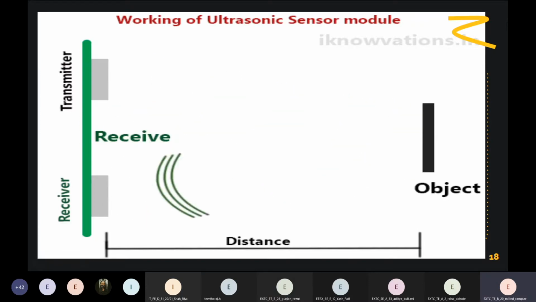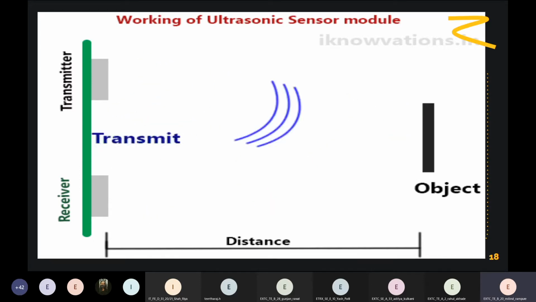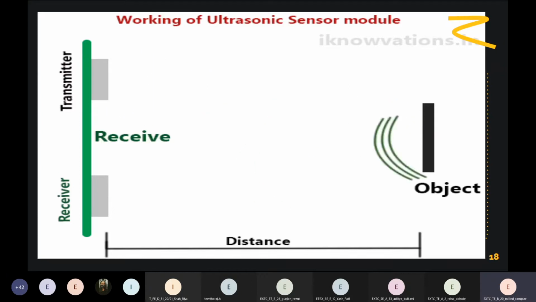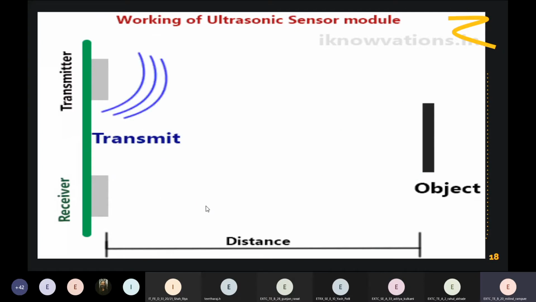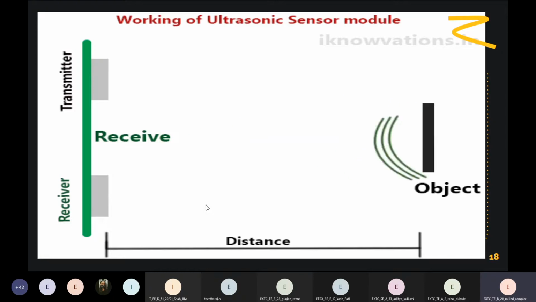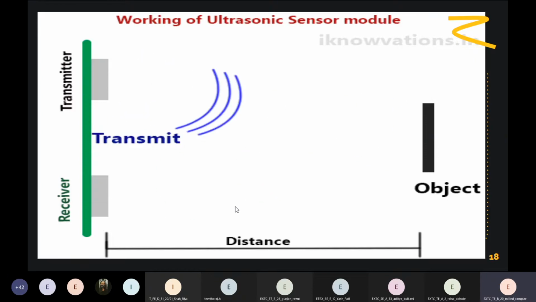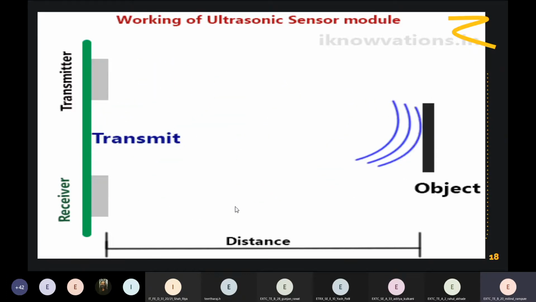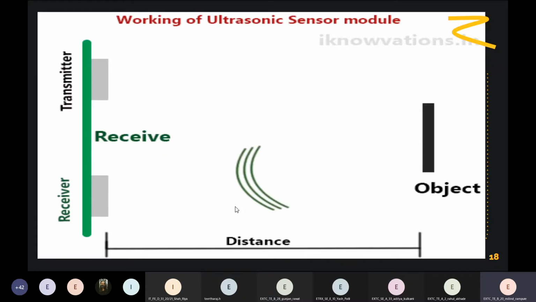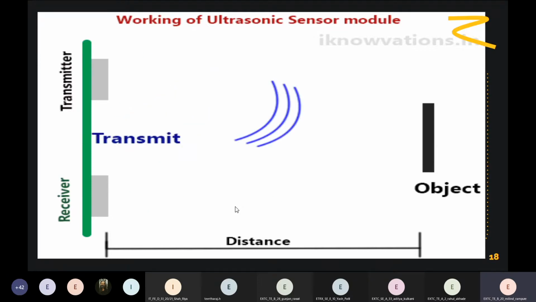What this sensor gives as output is the total time taken by the ultrasonic wave to travel from the transmitter of the ultrasonic sensor to the object and again from the object to the receiver. So now we have the time taken by the ultrasound to reach the object and again reach the source, which is also equal to the duration for which the echo pin was high. This time is stored in the microcontroller.